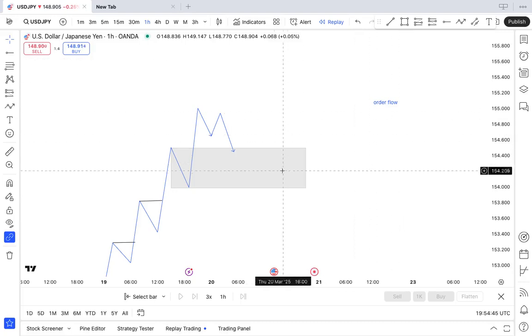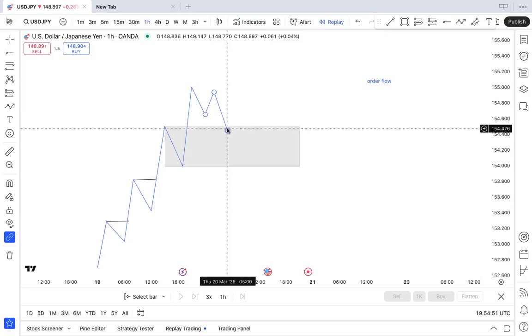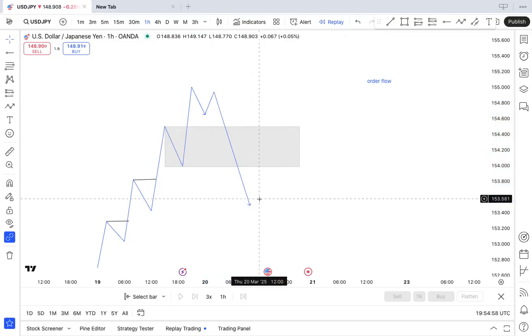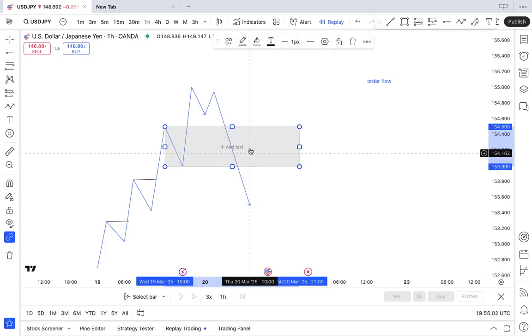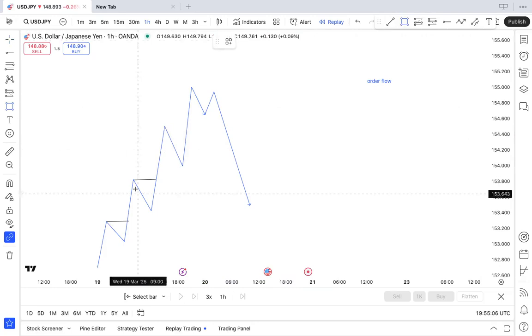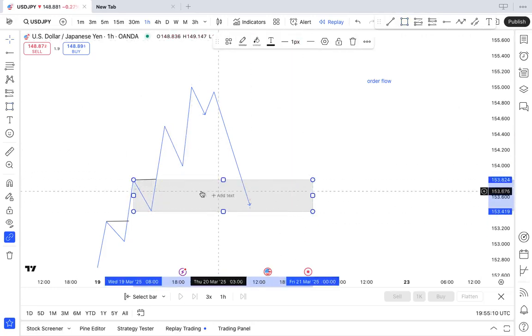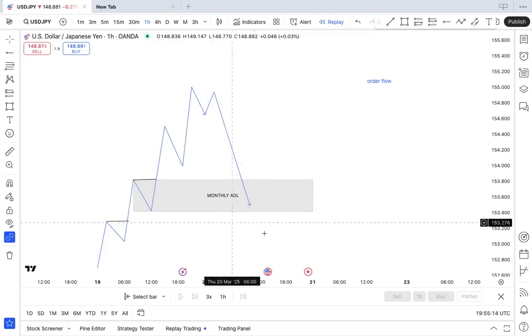So the thing is, your question was, what if I'm having this area of liquidity here, then price violates it and it comes to this area of liquidity down here. What do I do when it gives you a confirmation? That was your question, right? Yes. Now, there are two cases here. For the first case, remember this is our area of liquidity, so it can be monthly, daily, what and what,